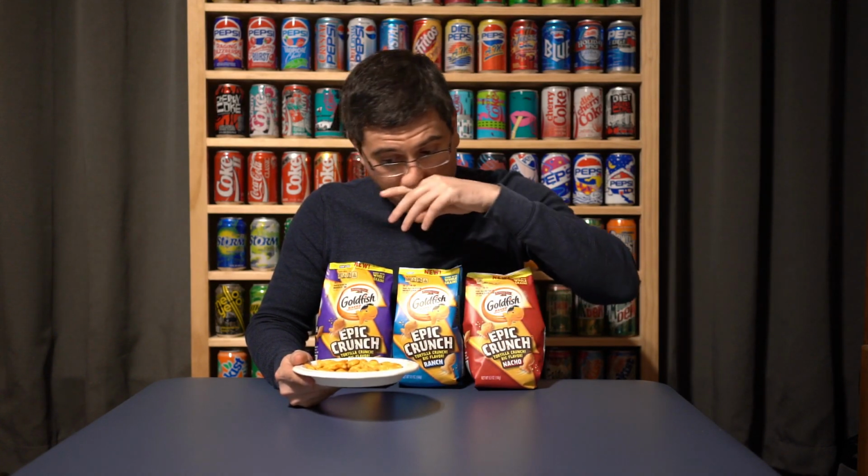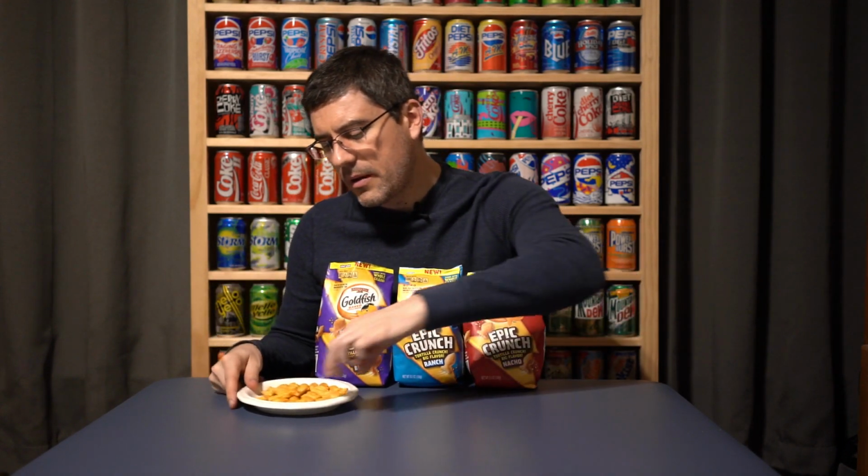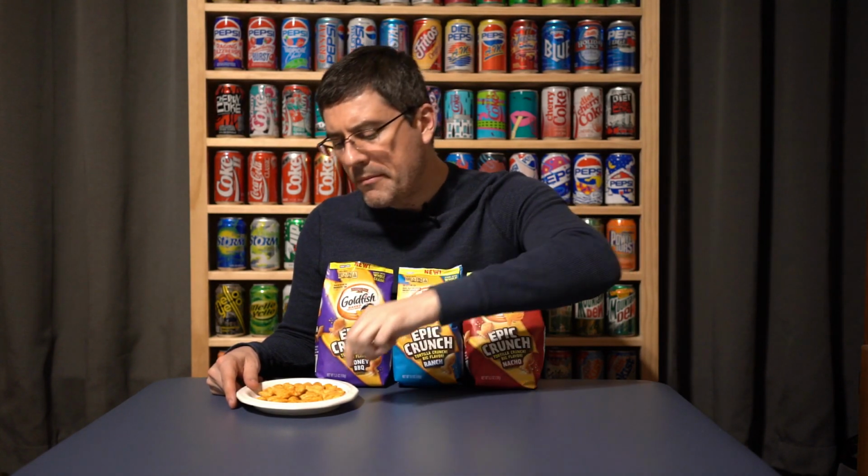Wow. Very crunchy. It's got that kind of seed texture, you know, like if you ever have those pita chips where they get little seeds in it. Yeah, almost like a sesame seed kind of thing. Now, they said that the flavor was more bold. It's not. It's good, but...